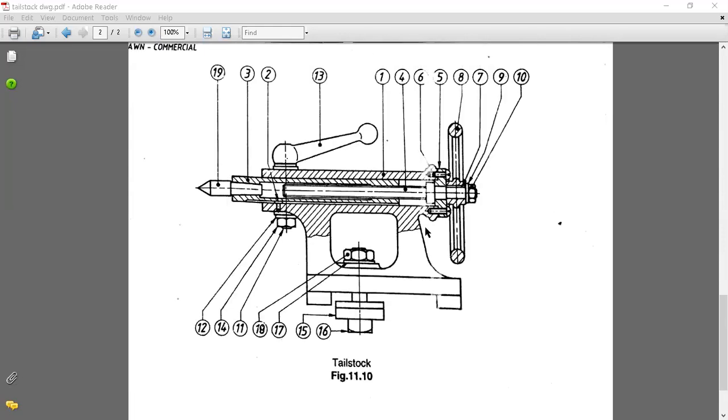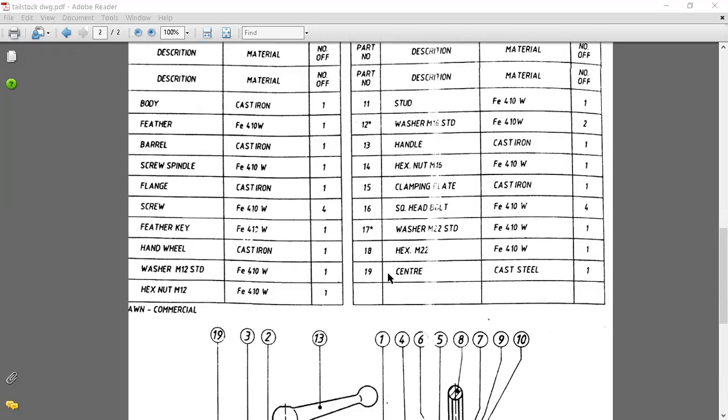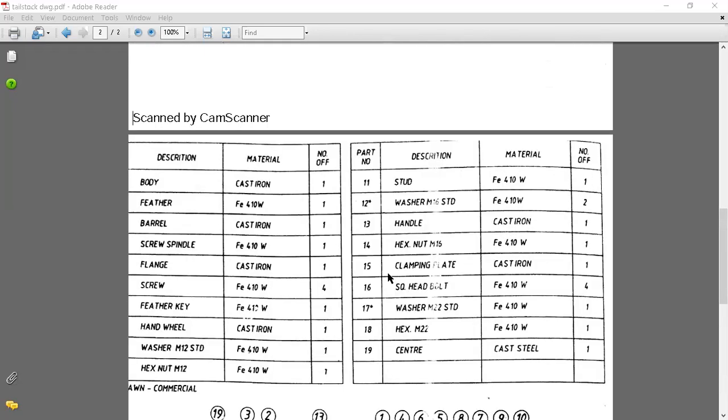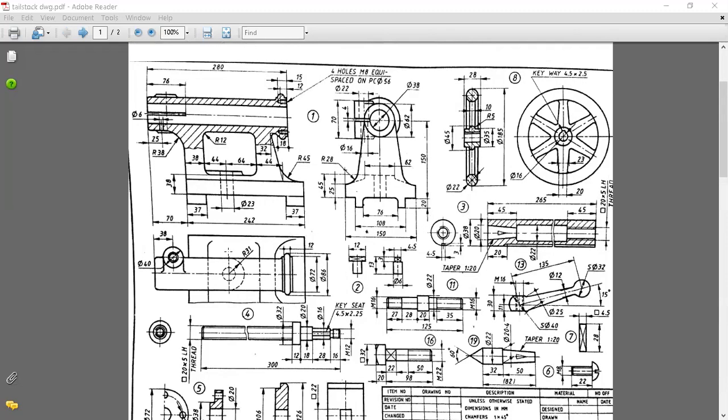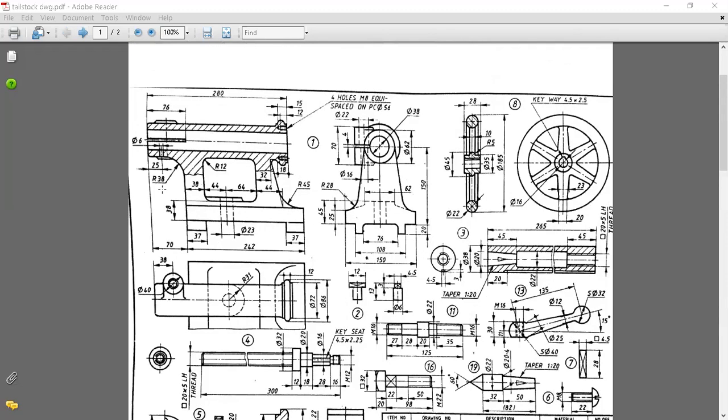So for that, first you complete the front view with the given body. It is always better to practice by drawing the biggest part first. Usually in the serial number of the bill of materials, that will be the body only. So we have to start with the body always, if that is the number one component. That will usually go in the same order. So first you draw the body of the tailstock by observing the question paper body front view. Whatever the shape is there, in the same shape and size, try to draw it on a paper first.